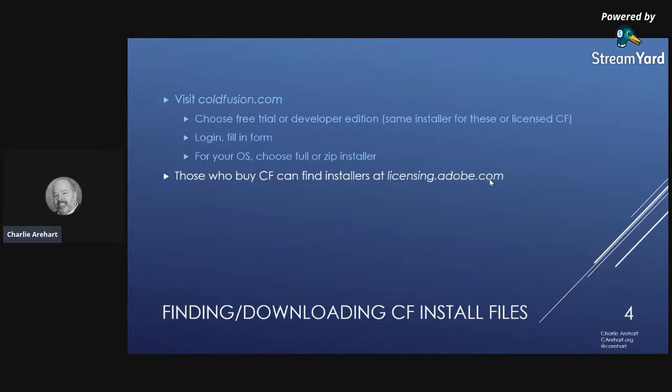licensing.adobe.com. If you log into that with whatever your account is for having bought CF, then there's a download there. Sometimes it's not the latest version of whatever download there is, so be careful about that. That's another subject we can't get into now. But the point is, you don't go through the front door and have to go through that form and be logged into that website. You just log into licensing.adobe.com, and whatever you bought, you can still see installers for